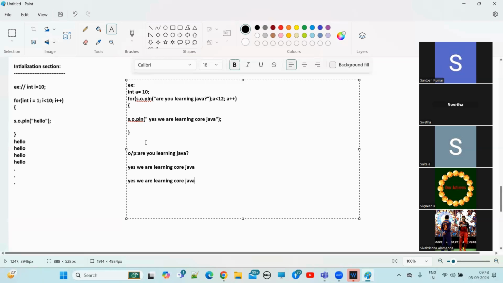A less than 12 means what? So here in the for loop, we can access the A value right here. Why? Int a is equal to 10 is an instance variable. An instance variable we can access within the class everywhere. Right? So see, if I remove this statement,